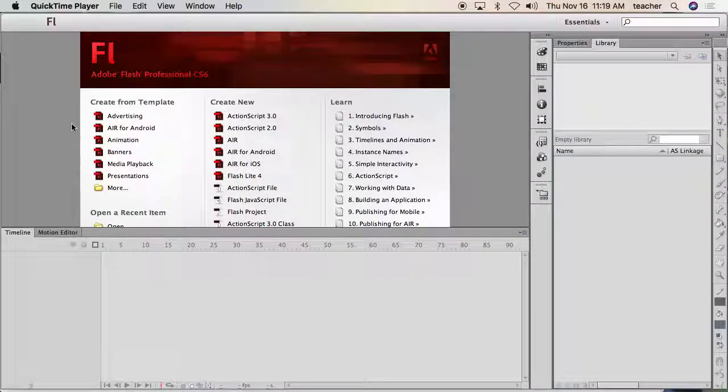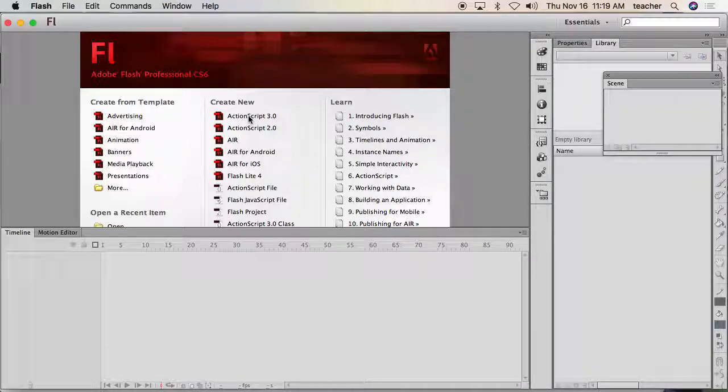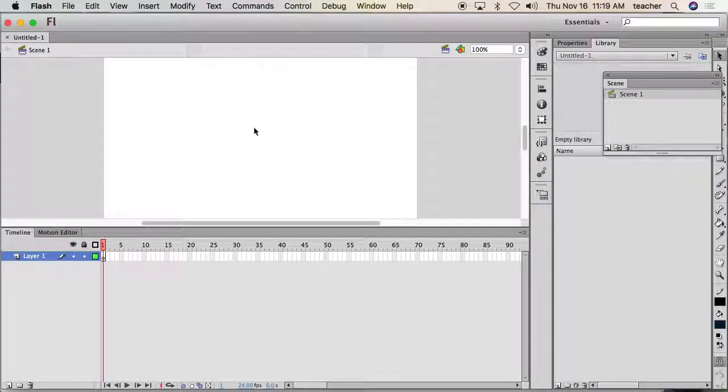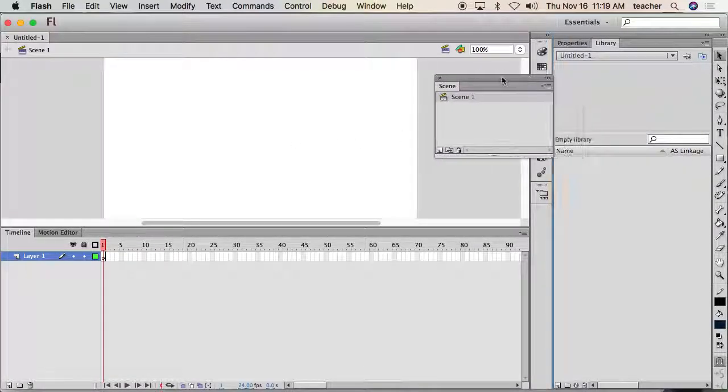This is a tutorial lesson on how to do a 5, 4, 3, 2, 1 countdown on Adobe Flash. Okay? If you're tagging along, let's click on ActionScript 3. Okay? Now, I'm going to have my,